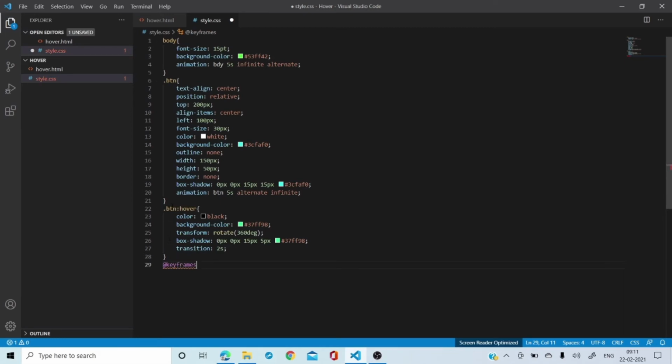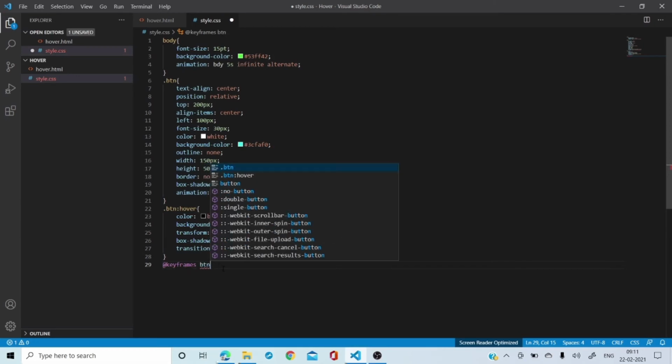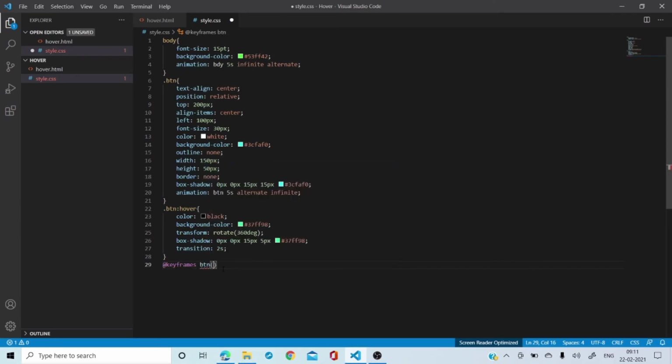You want the button animation. So how are we going to write? We are going to write btn, then open the curly bracket, and what I told you, it starts from 0 until where you have to take, or from and to. So anyway you can do it. So I'll take 0%, curly bracket open, and I am going to leave it like this.